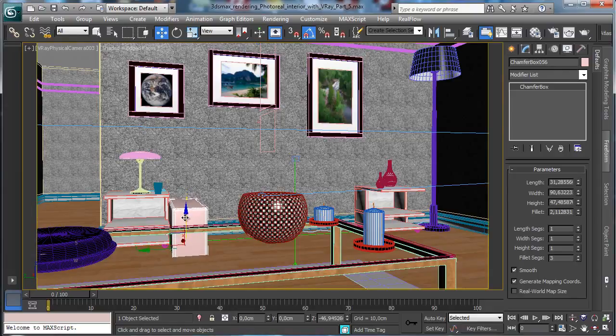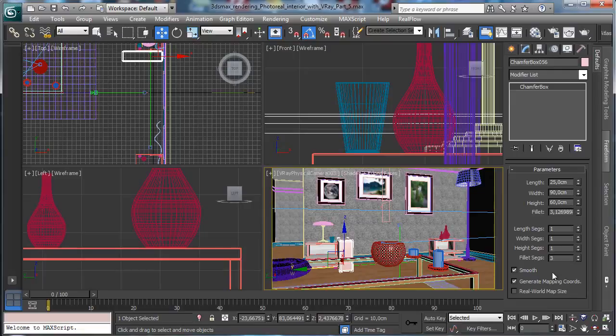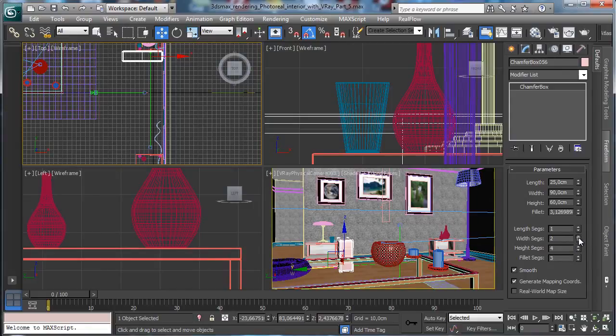Let's say that this one stay a little bit higher over the ground, and then it will be something like that. We do it a little bit more little, let's say 25 centimeters, 60 for the height and 90 for the width. So then the fillet, sorry, is nice. Okay, and we can move this one near the furniture. Let's say that we have a little bit of segments if we need to make some changes to the shape,